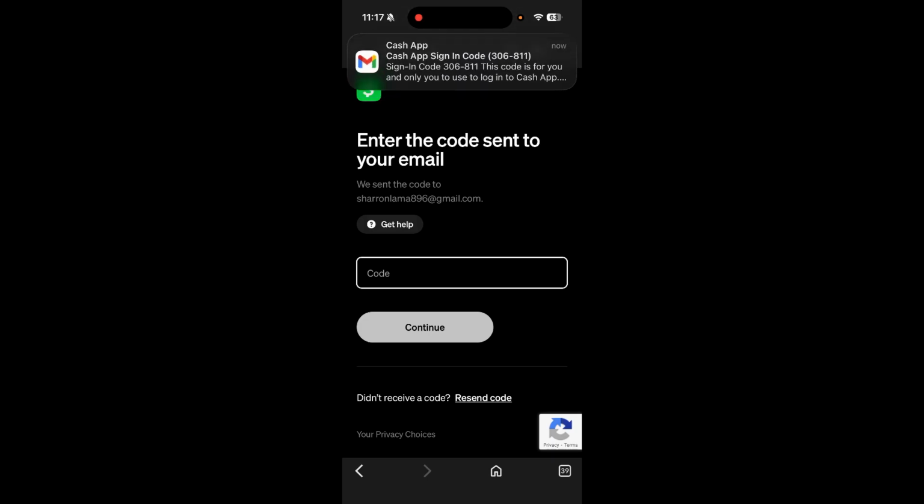Here you are required to type down the code that Cash App has sent you in your Gmail, and after that you can continue as well. And once verified, you'll be logged in and taken to your Cash App dashboard. From here you can send or receive money, check your balance, view recent activity and access other features like investing